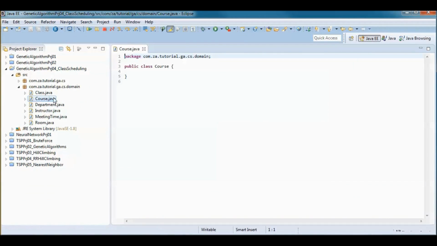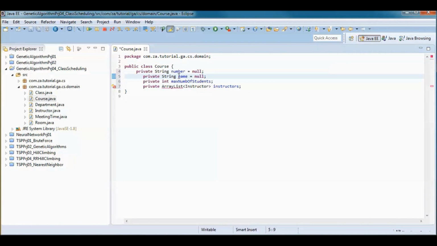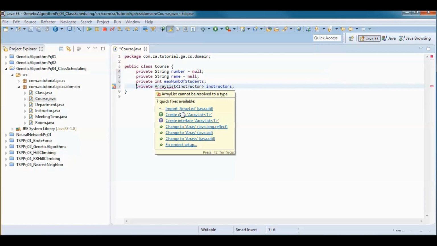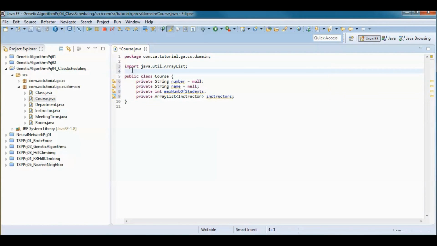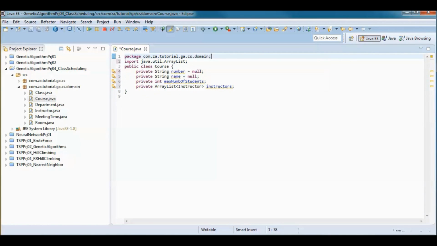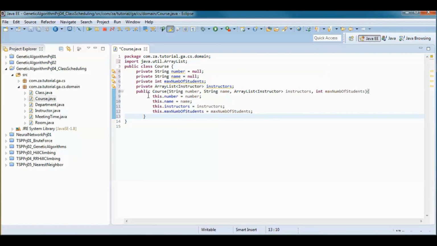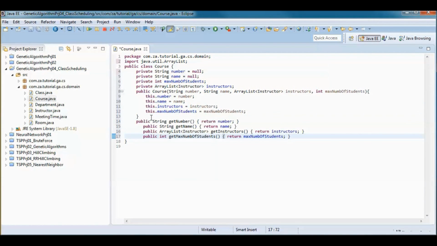Now the course will have a course number and a course name and the max number of students and a list of instructors that can teach this course, and a constructor that initializes each one of those values, and get methods that return them.